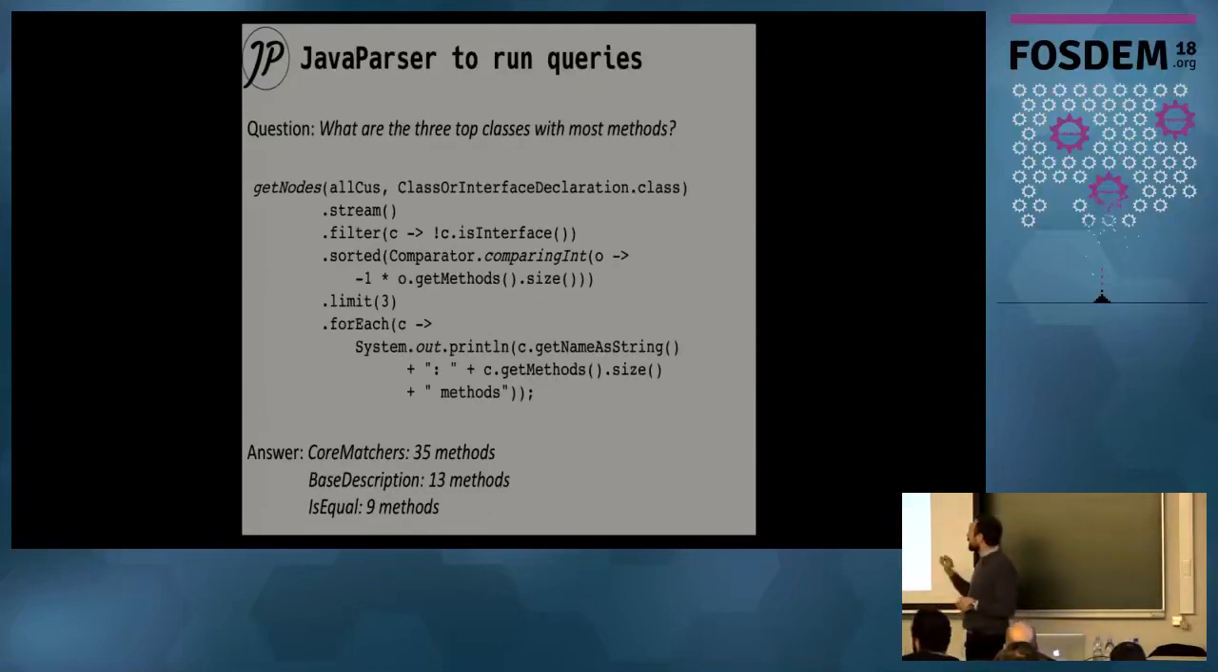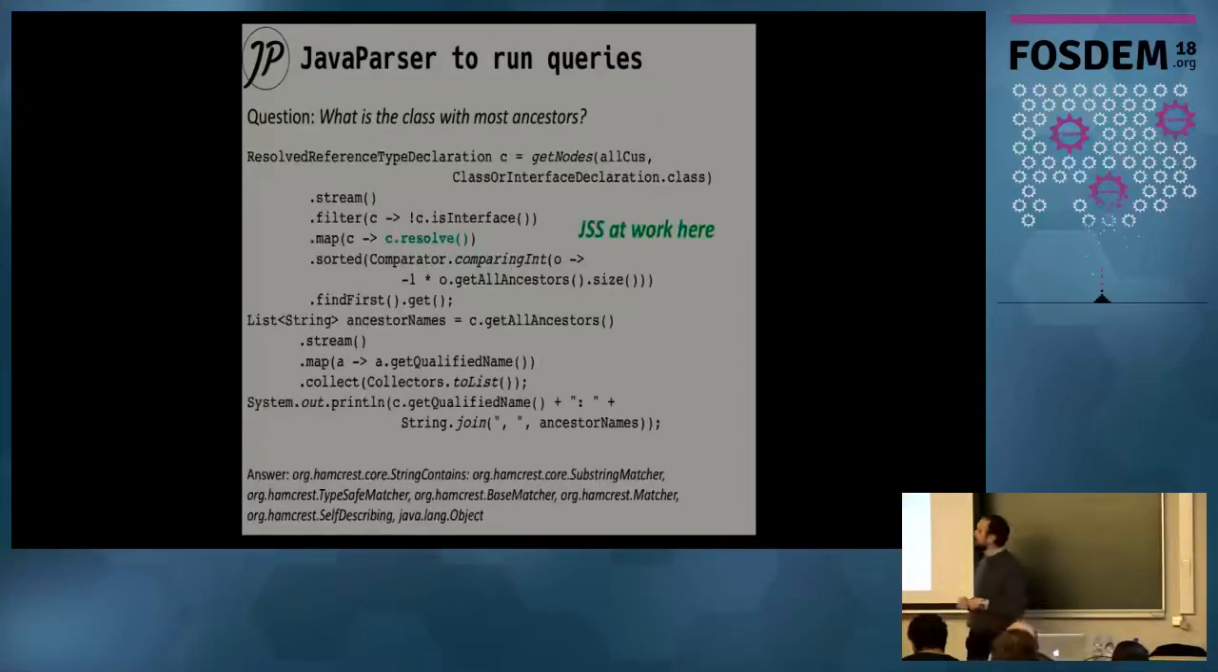Now, in this case, we didn't use symbol resolution. So this getMethods call means only the methods that are declared on the class itself. We are not considering the methods that were inherited, because to do that, we would need to jump to the parent, jump to the implemented interfaces, and look over there. So